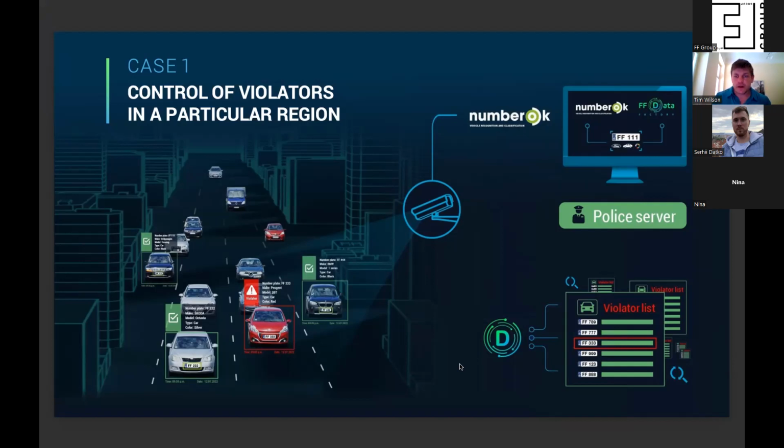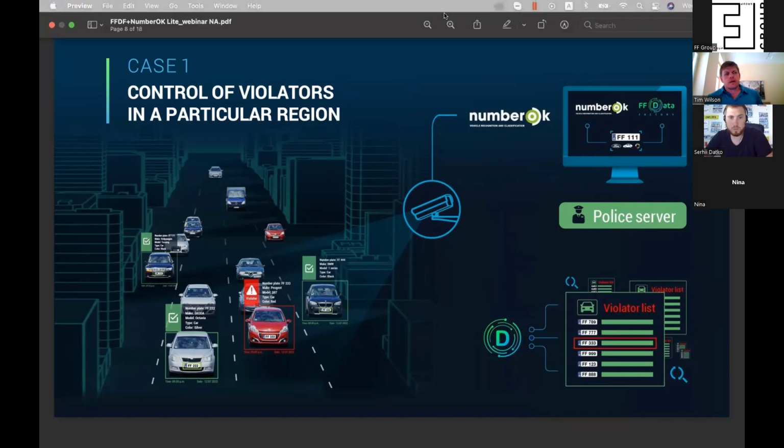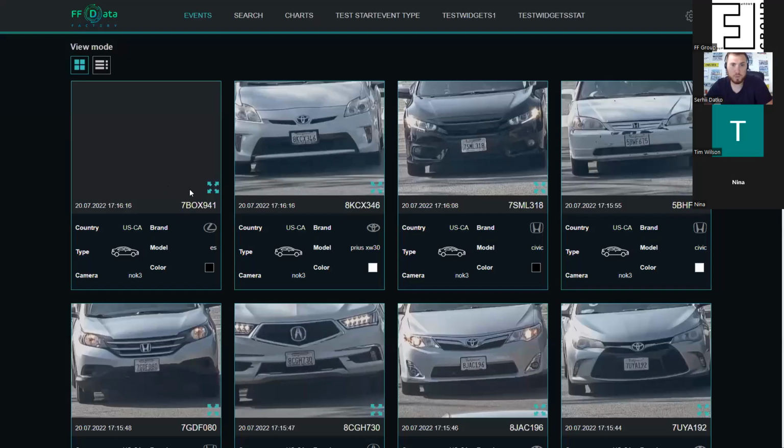And I think Sergey can show us a real-time example of that. Yes, of course. Let me share my screen. So I hope now you can see it. Again, in general, how our